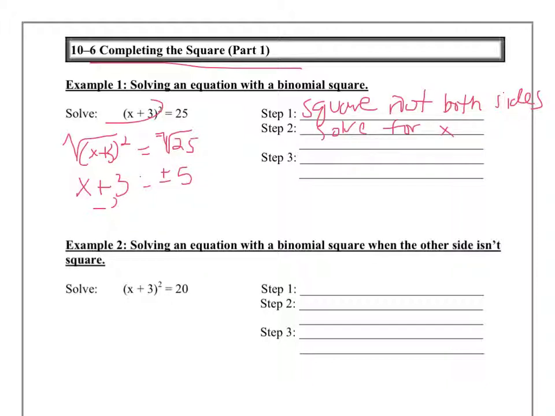I can subtract 3 from each side. And now I actually have two equations here. I have x, which is left over on the left side. And on the right side, I have 3 plus or minus 5. So I'm actually going to have two answers. One of them is 3 plus 5, which is 8. And the other one is 3 minus 5, which is going to be